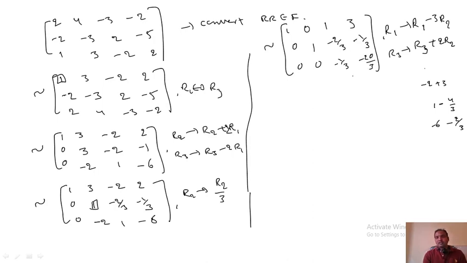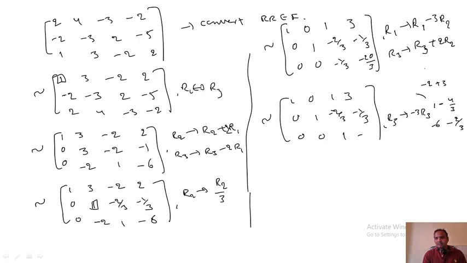This one. Now you have to convert this one to the pivot. That means apply 1 0 1, 3 0 1, minus 2 by 3, minus 1 by 3, 0 0 1. Minus, that means you have to apply R3 is minus 3 into R3. Multiply with 3, minus 3 into 3 cancel 1, the minus plus, this is minus plus 20. This one. Now this one is the pivot.